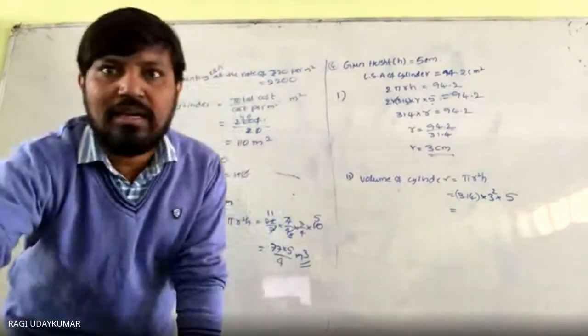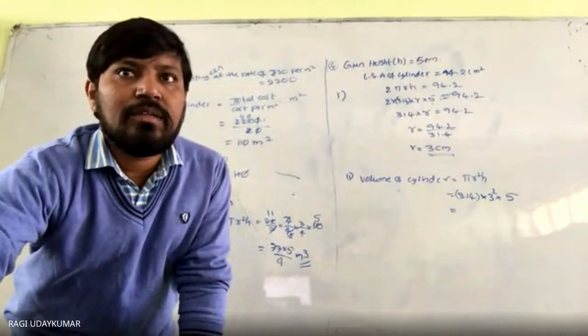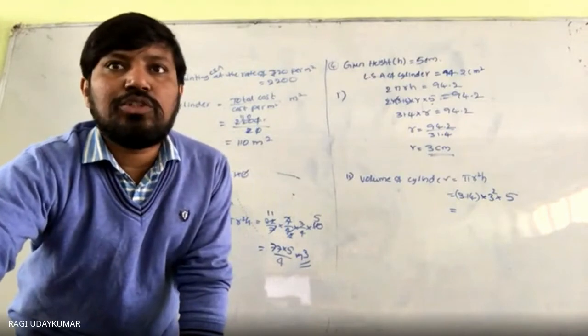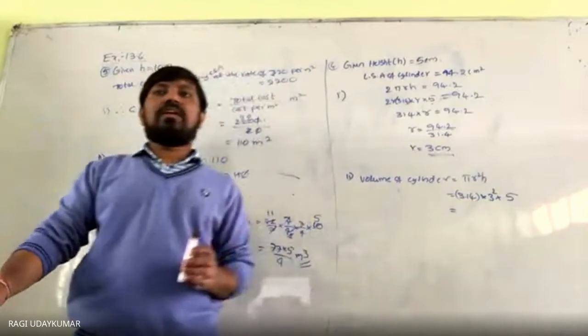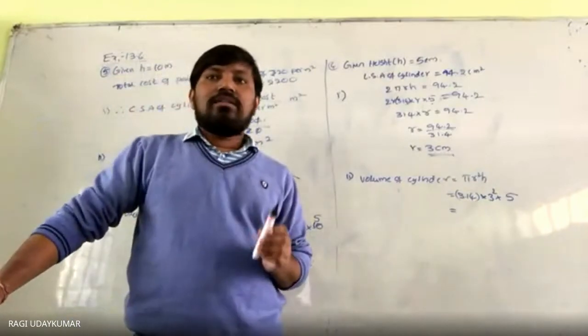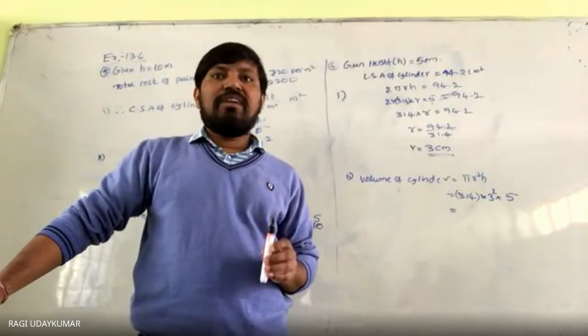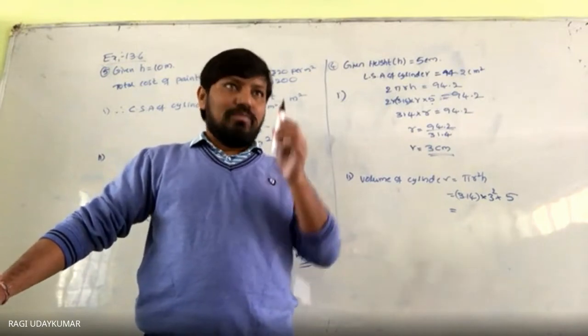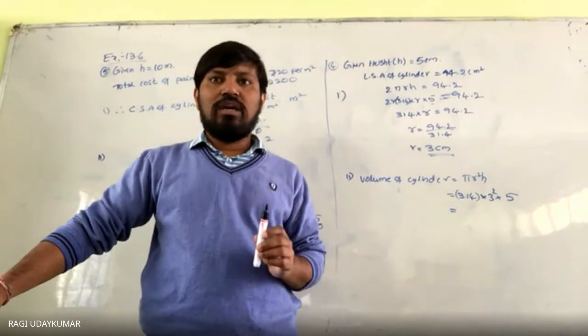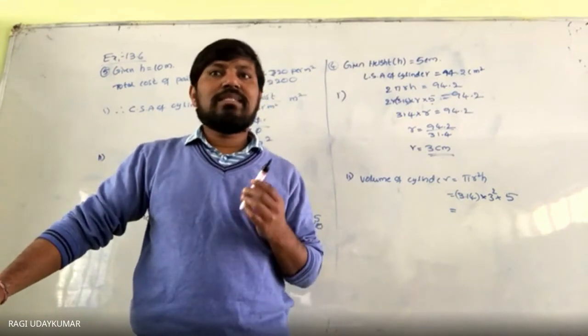Seventh problem. The 7th and 8th I will explain to you. See the 7th question: a lead pencil consists of a cylinder of wood with a solid cylinder of graphite filled in the interior. The pencil has graphite in the interior. If the diameter of the pencil is 7 millimeters.